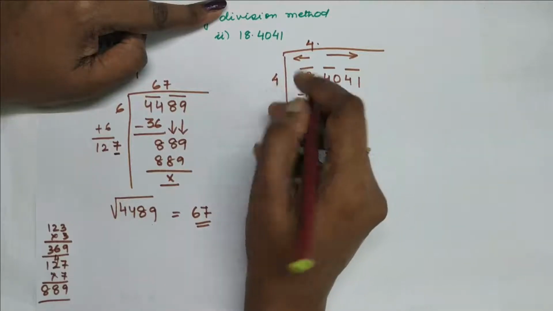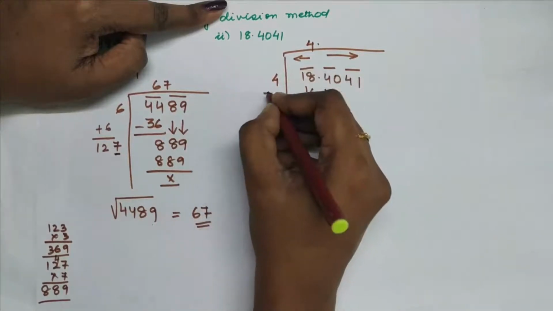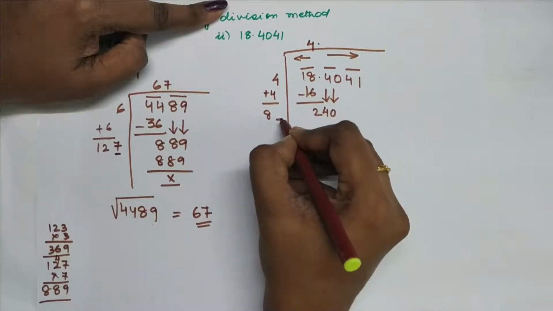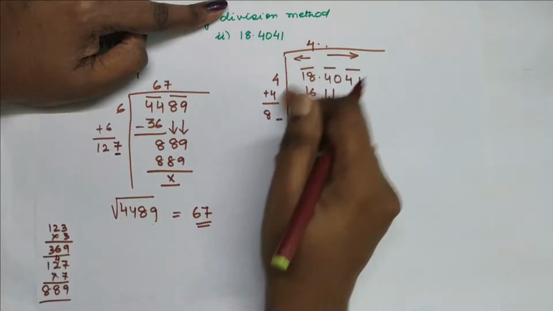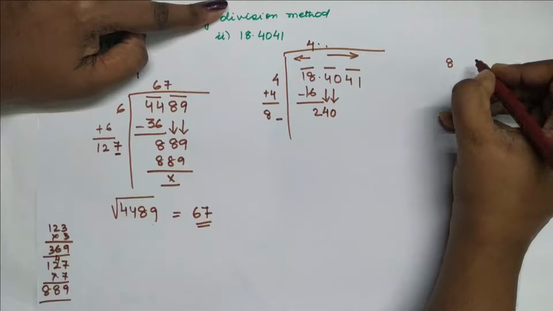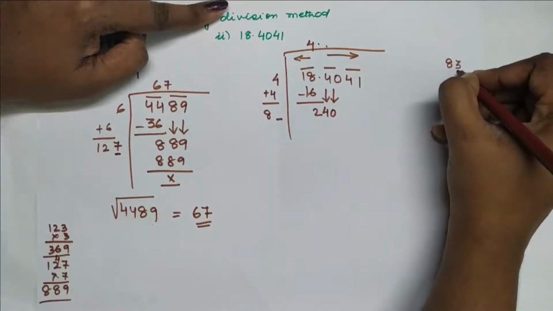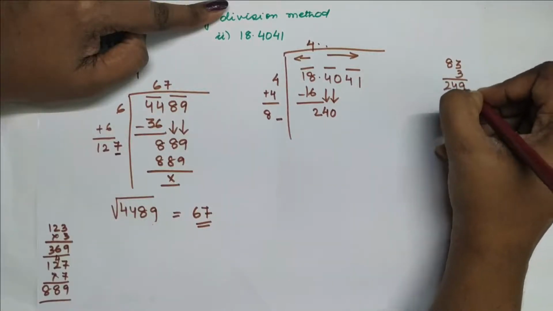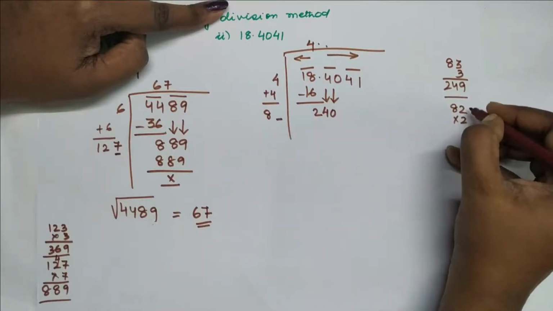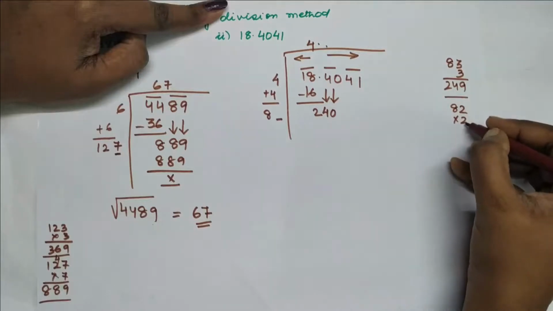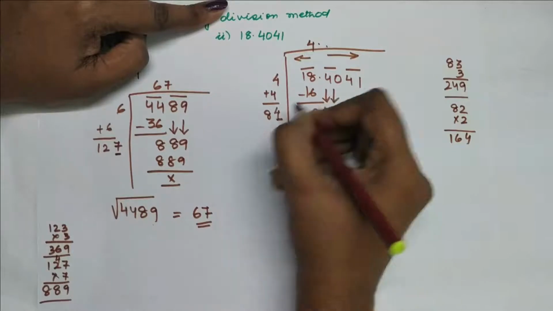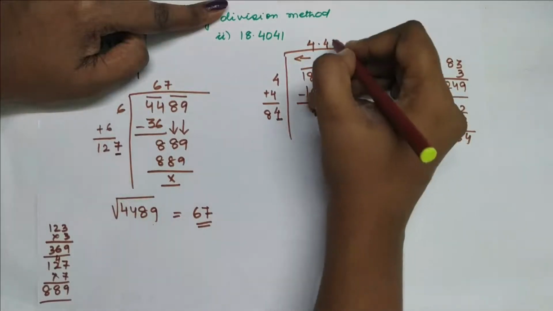Now what have I to do? I have to write whatever values there, I have to add that same number and get the sum, and I have to add one more number here which should be same here, and I have to multiply these number. So if I do a 3 into 3, obviously it will become more than 240, so I cannot write, but I can write 82 into 2. So you can see that 2 I am writing, so I am multiplying with 2 itself. So that is 164. So that's the nearest option.